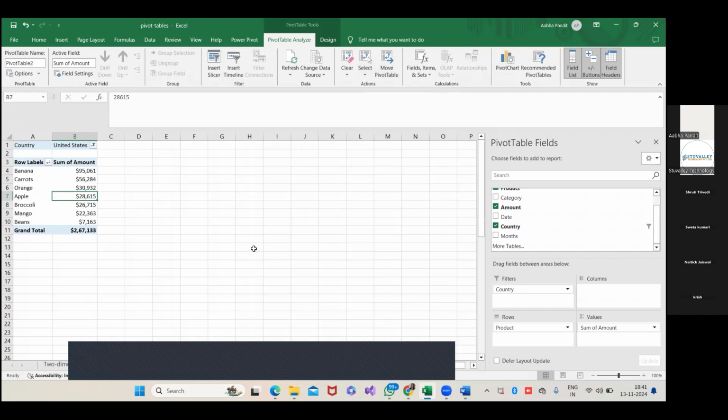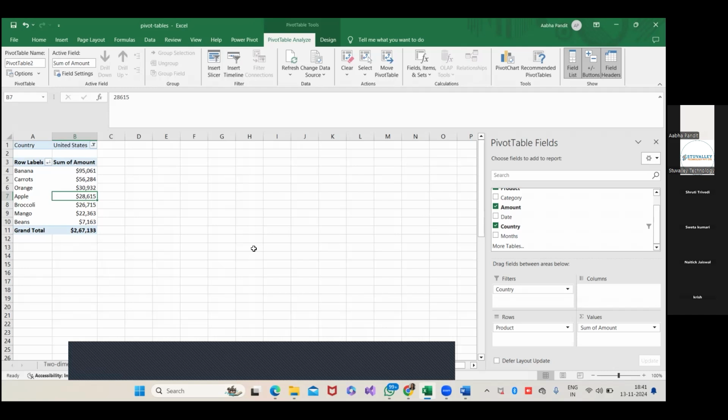Now we will be doing the two-dimensional pivot table, using chart. Sorry, first we will do the two-dimensional pivot table. So what is a two-dimensional pivot table? The one we just drew is single dimensional. We can also make a two-dimensional pivot table. If you drag a field to the row area and column area, you can create a two-dimensional pivot table.